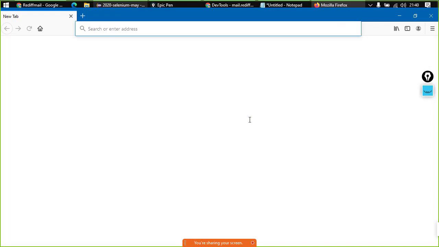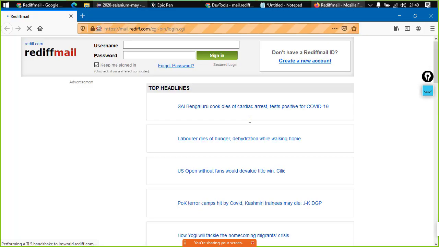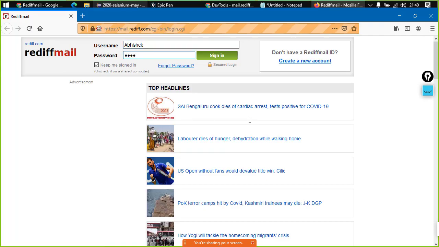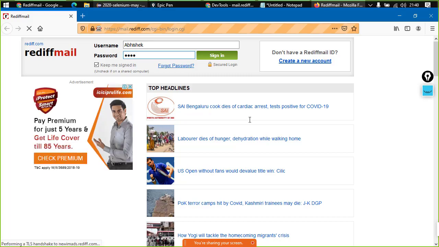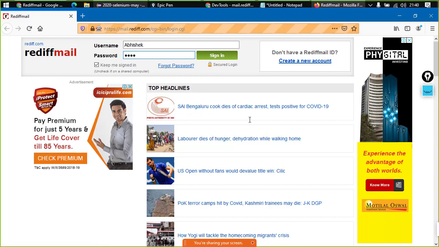So over here the browser is opened. It usually takes a little bit of time. It depends on machine to machine, right? And over here, as you guys can see, it has filled in my username and the password. Next thing is, we would like to click on sign in, right? So let us just click on sign in as well.